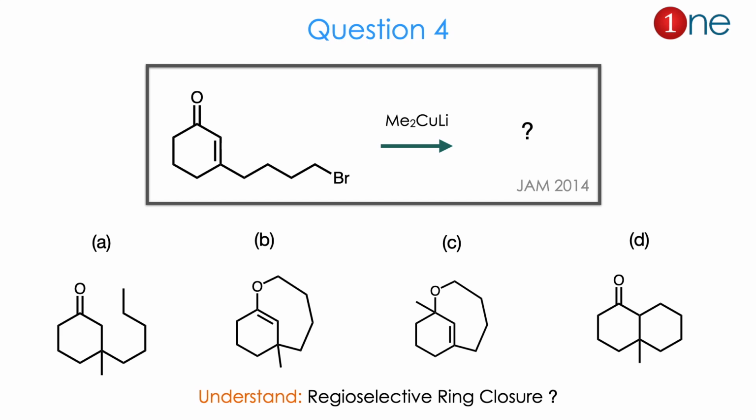The products are like cyclized products, but the cyclization in which way? Whether the cyclization occurs through oxygen or just the cyclization of a 6-member ring. So there are many possibilities, and whether the methyl attacks at the 4th position or the 2nd position. From the reactant to product you might guess the question is all about regioselective ring closure, and the position of methyl is important here. The answer is D. Let us see how.